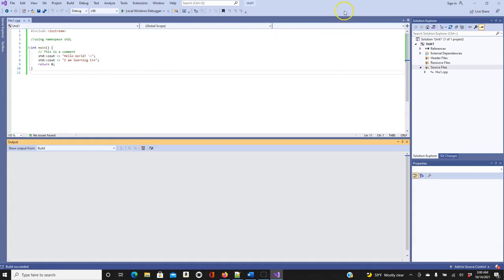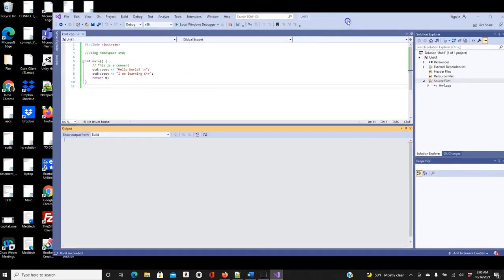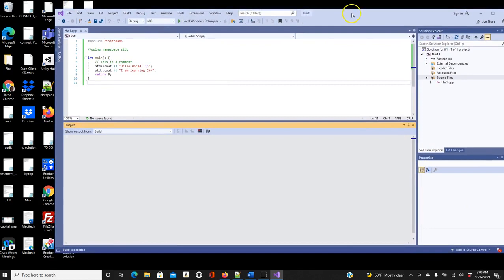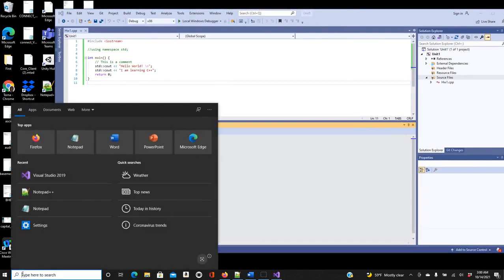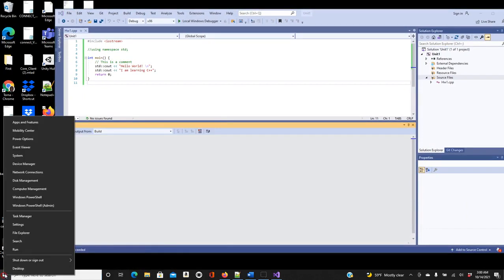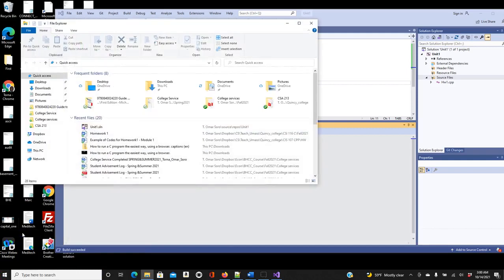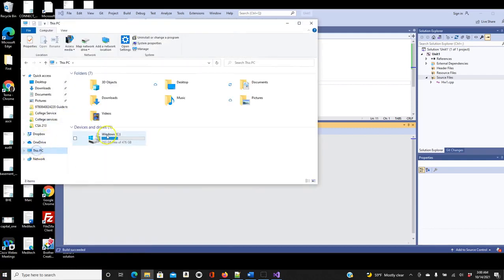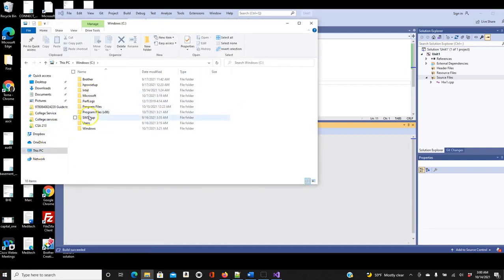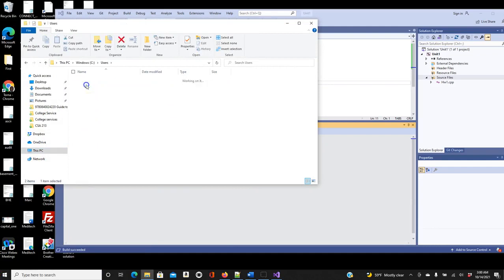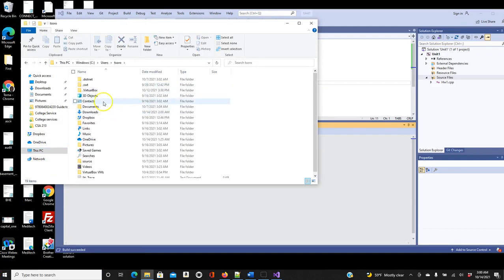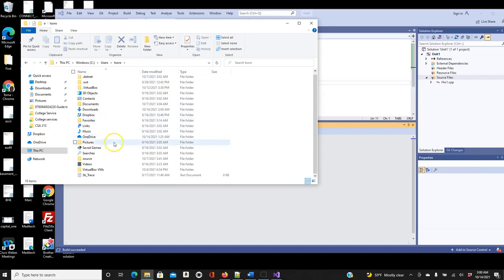Now if you are looking for this file, I think you have to go to your C program. Let me see. You have to go to your C here, or this C current history, and then let me see if I remember.